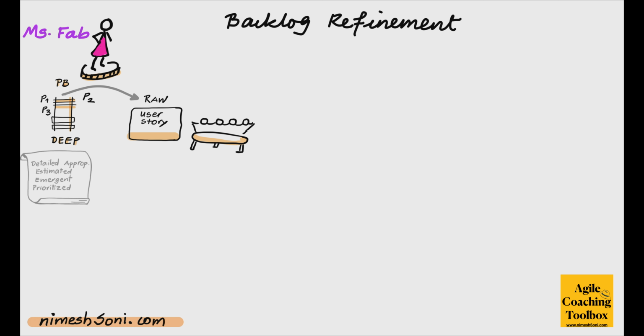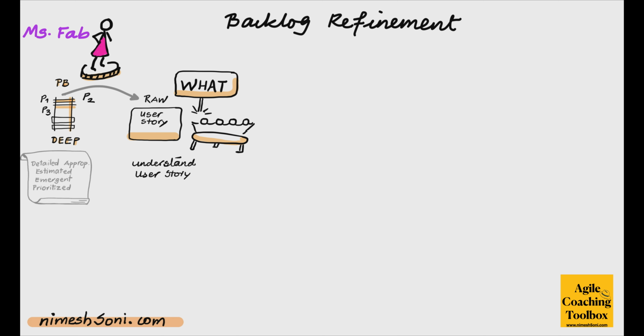Now, high on the agenda for the team is that they want to clearly understand the story. They want to understand what the story is, what the story is about, what feature functionality the PO is requesting for. So the team wants to understand the story very clearly so that they can build that functionality and deliver it. So to start with, to give this understanding, the PO, Miss Fab, will take that user story and explain